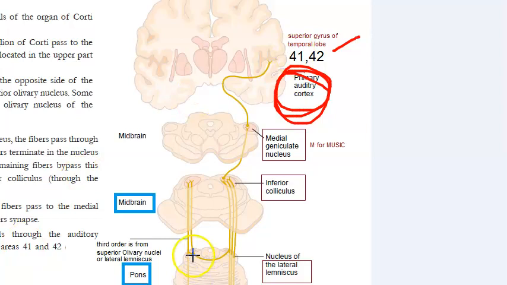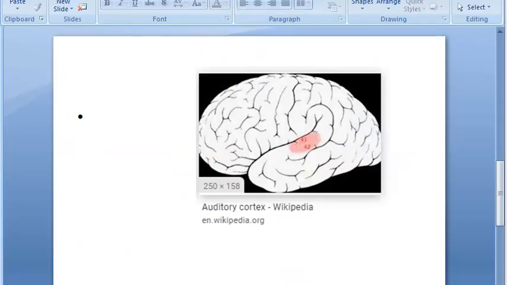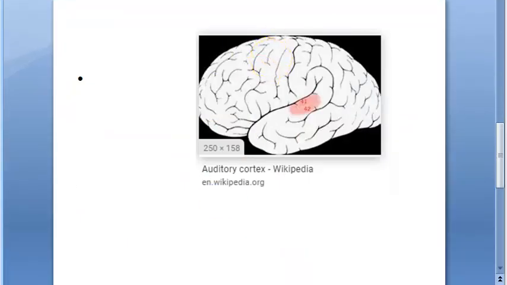You can see here that each ear is bilaterally represented, right? So on both sides you have the nerves running. So sensorineural deafness becomes very rare. So based on whatever is coming in and with past memory and so on, it will try to analyze what exactly is being sent, and with the help of a lot of other areas of the brain, we can analyze and assess